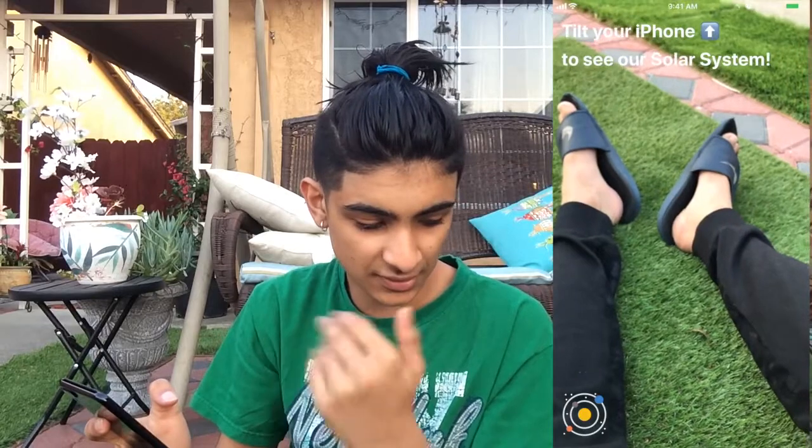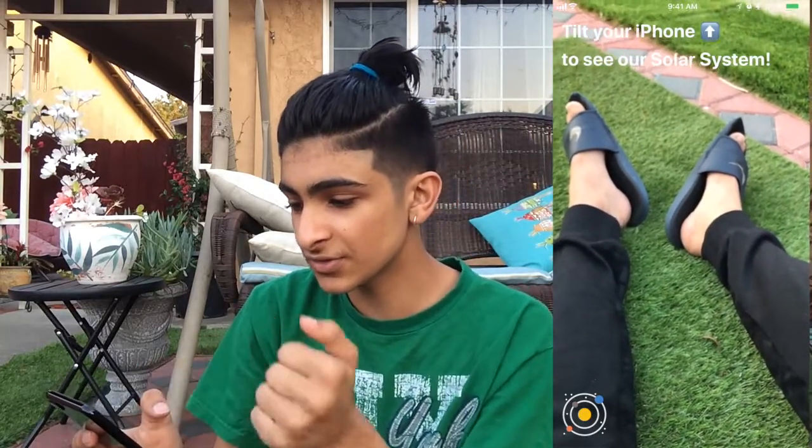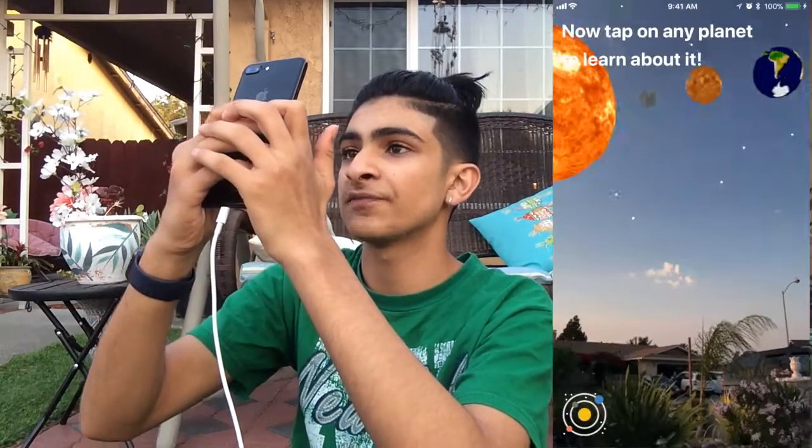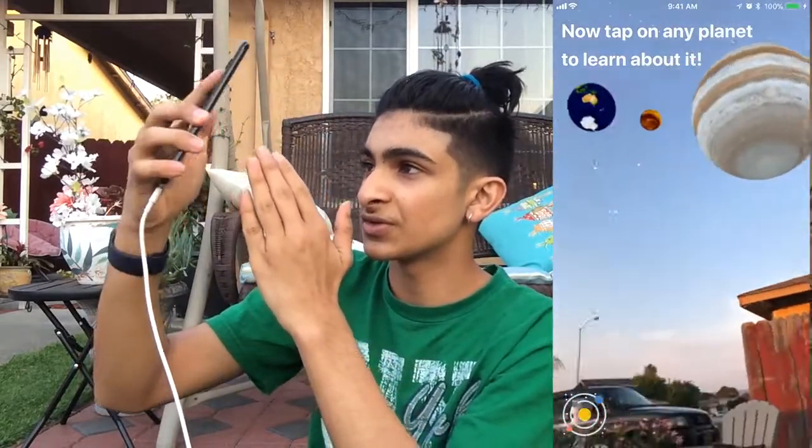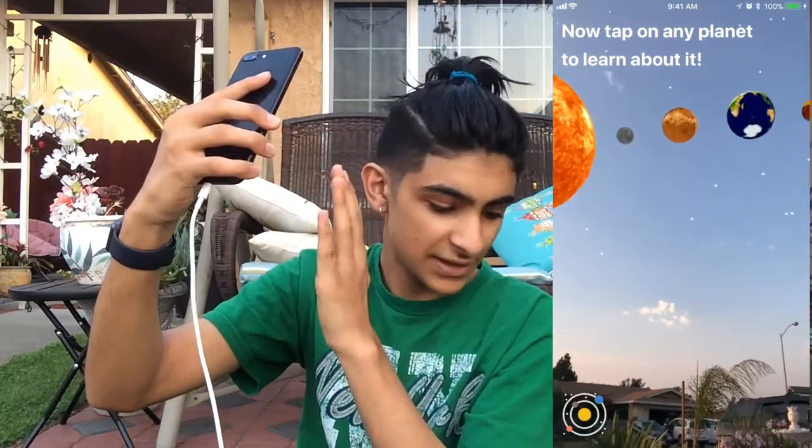It'll let it open right now, and it tells you that you do need your camera requirements in order to use this because it's using AR. So it tells you as soon as you open this, tilt your phone up to see your solar system. So let's go ahead and tilt our phone up. And as you can see, we see our whole solar system right here. We see stars, we see all these planets right here,